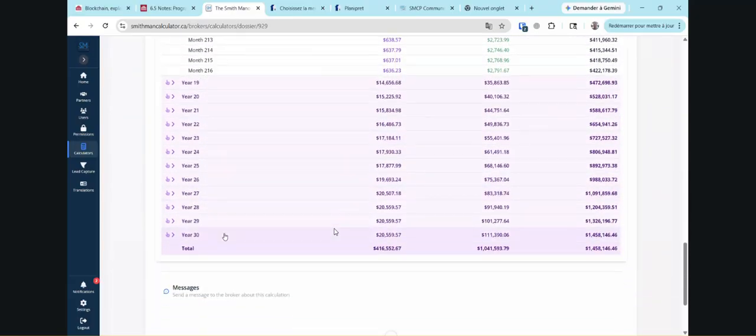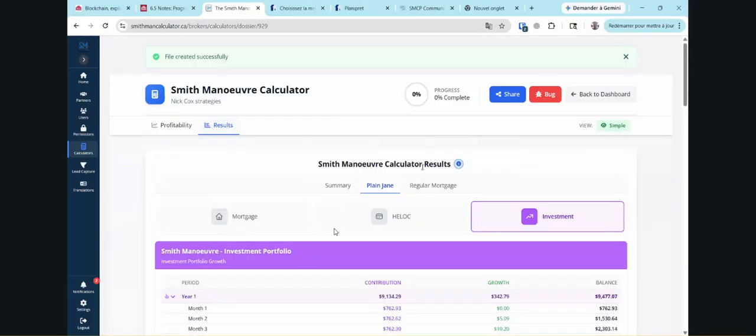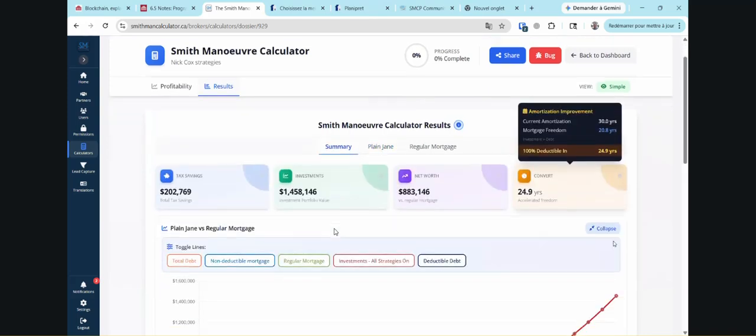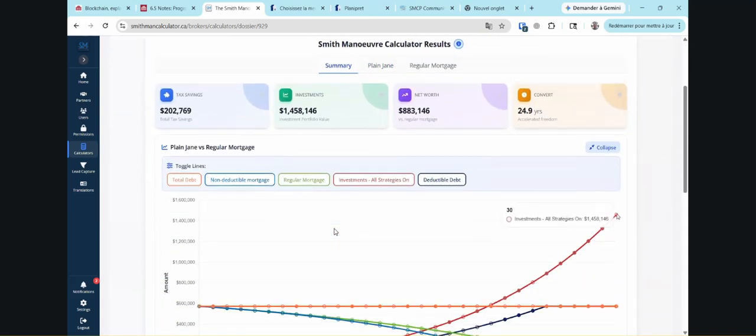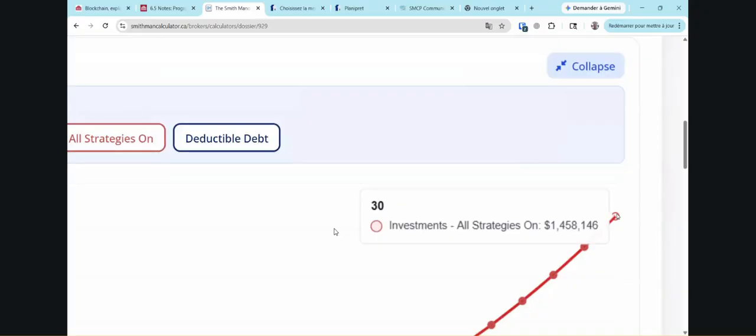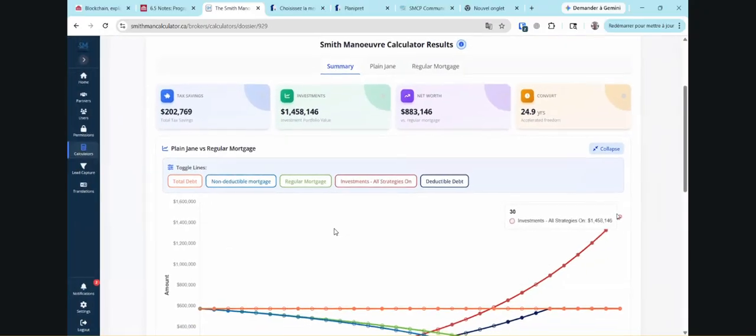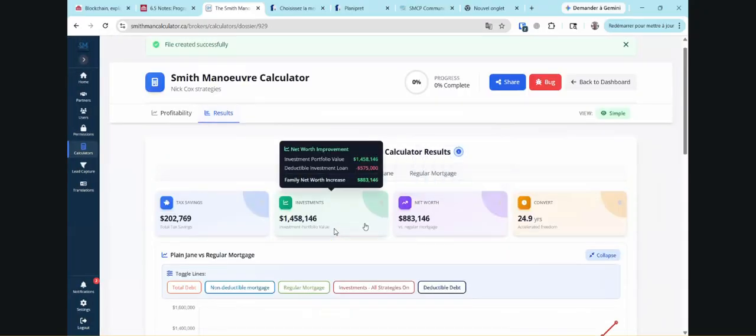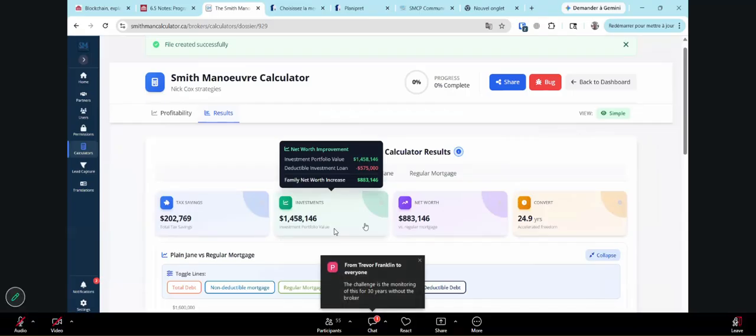Give me that number again. 1,458,146. So if I multiply that by 75% to get the net wealth improvement, or the wealth improvement net of capital gains tax, it is 1,093,000. But we're still carrying the tax deductible debt, so we now need to subtract 575,000 from that figure. And so the actual net wealth improvement for me in this case is